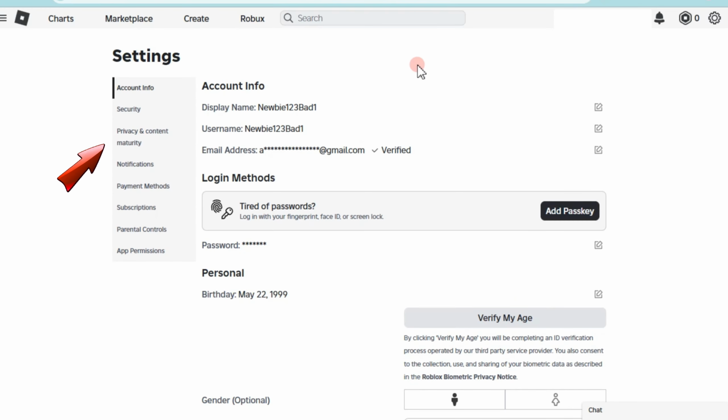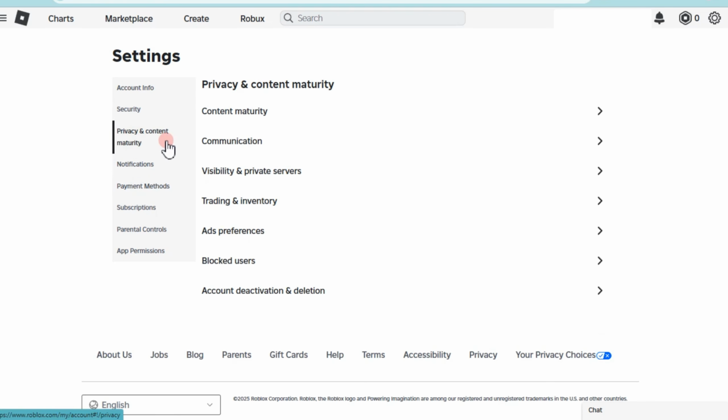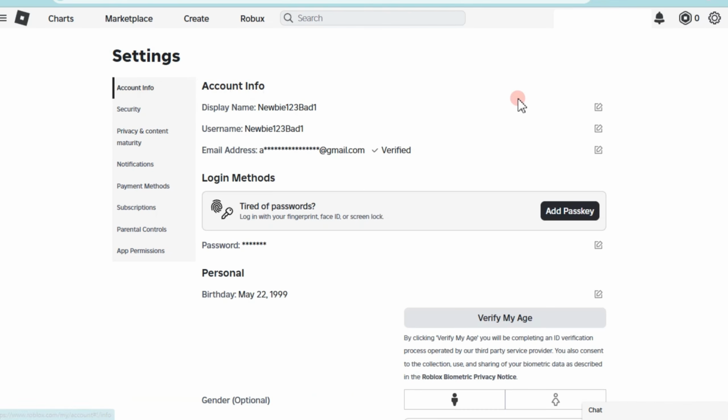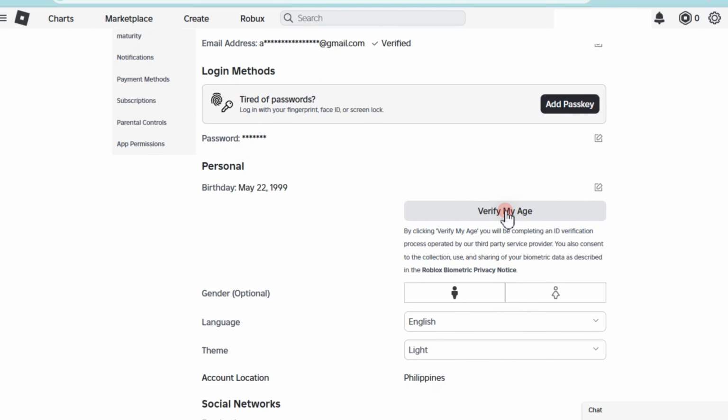So let's start. First, what you're going to do here is go to your Roblox settings. If you go to communication or privacy and maturity, you should see under communication a voice chat feature where you can enable your voice chat. However, if your age is not yet verified, then you cannot see that feature or enable voice chat